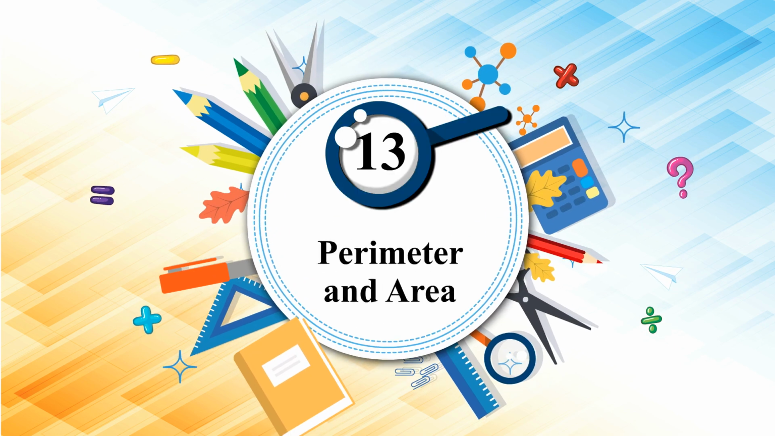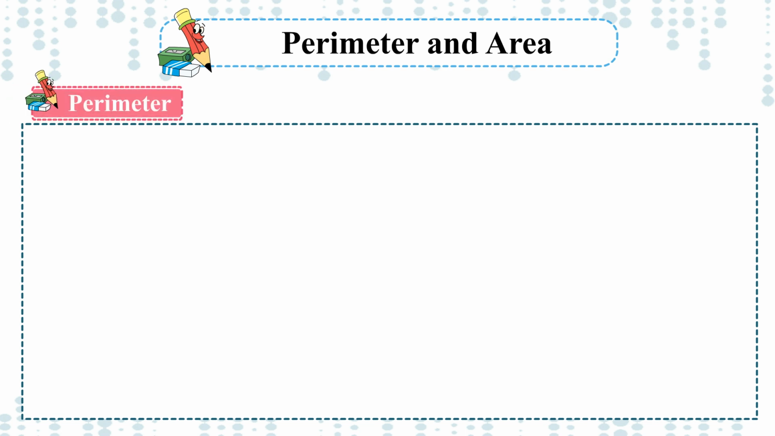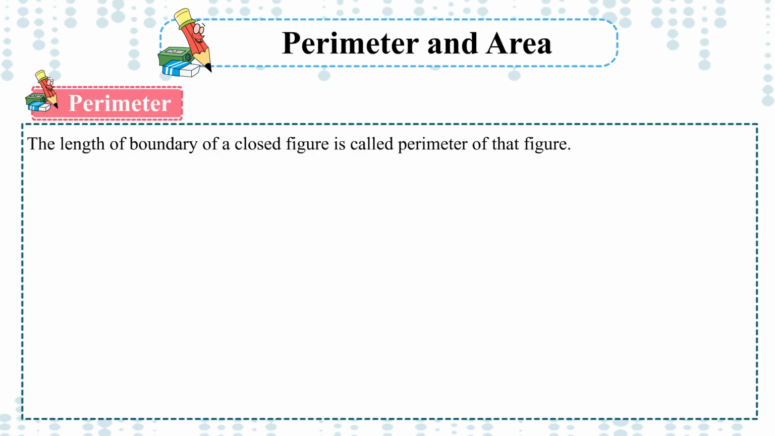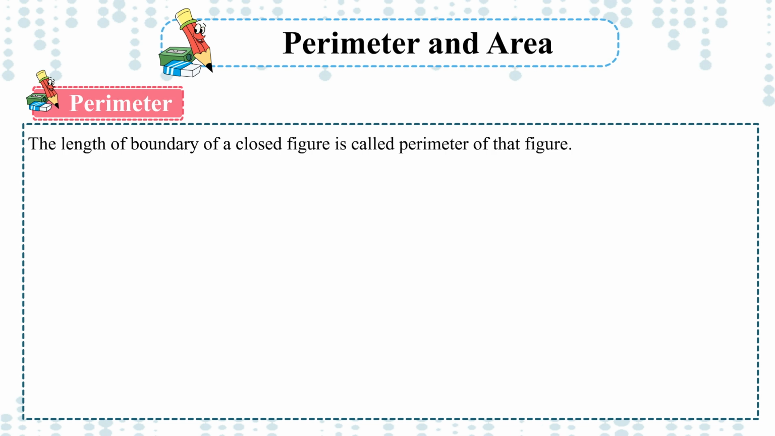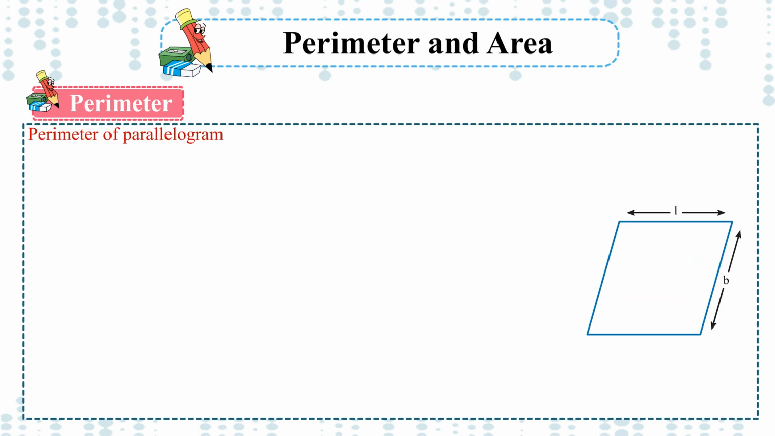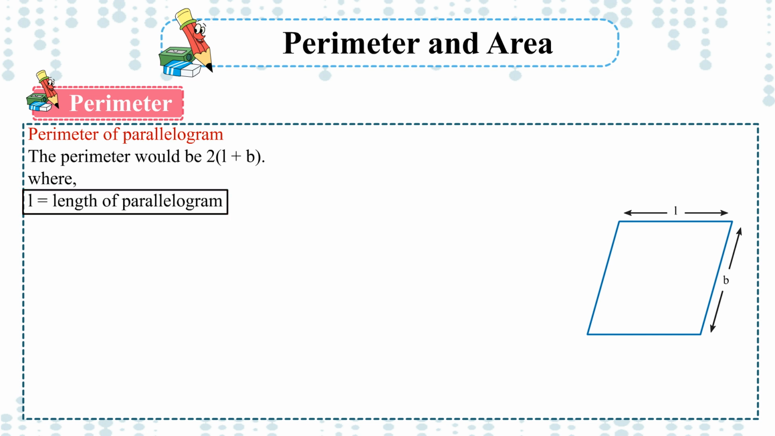Chapter 13. Perimeter and Area. Perimeter. The length of boundary of a closed figure is called perimeter of that figure. Perimeter of parallelogram. The perimeter would be 2(L + B), where L is equal to length of parallelogram,